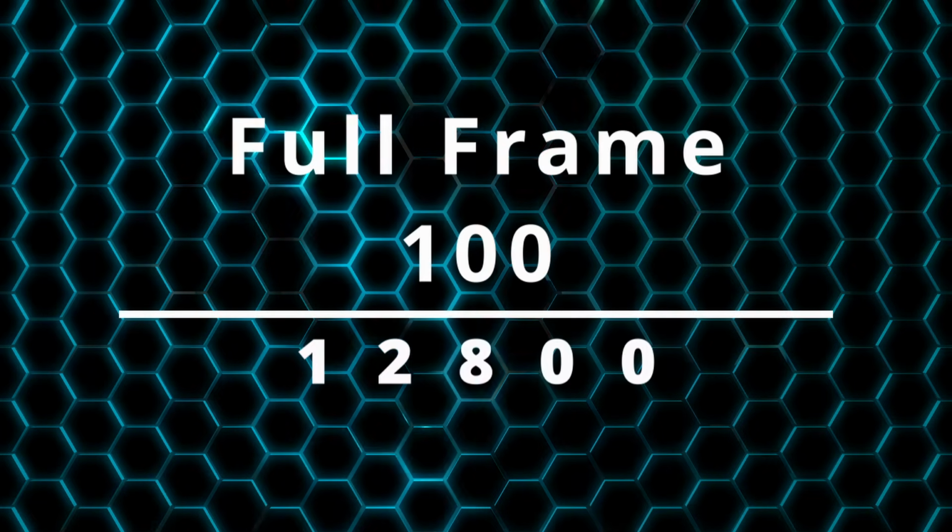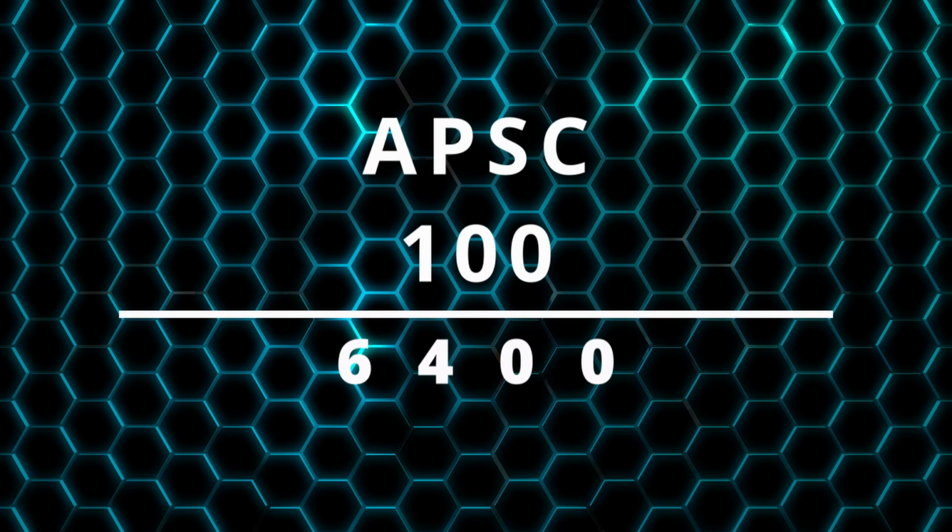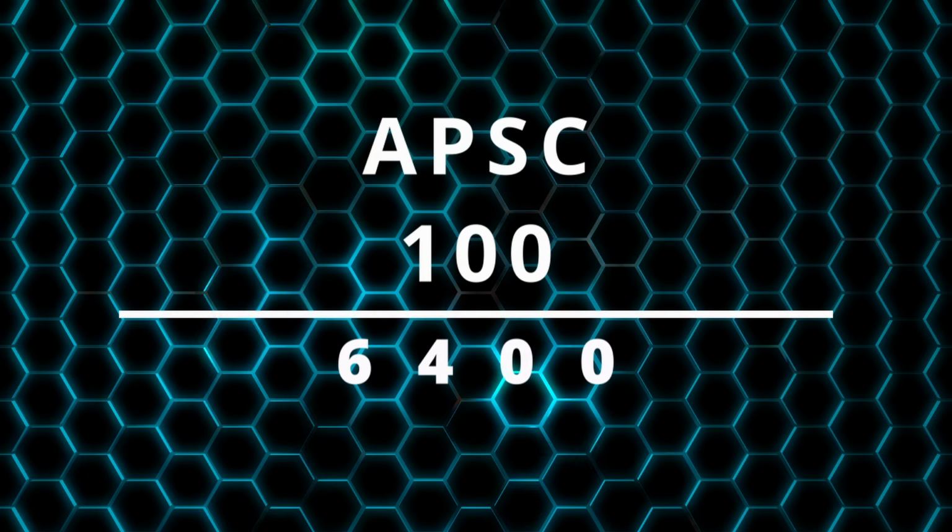I would recommend limiting my ISO in general for full frame cameras. I would recommend limiting my ISO between 100 and 12,800. Whereas on an APS-C camera, where it has a smaller sensor and as such is going to be a little bit more restrictive in terms of the ISO range, I would set my camera between 100 and ISO 6400. Now, the downside of having photos with a higher ISO does mean that you're going to introduce more noise, but